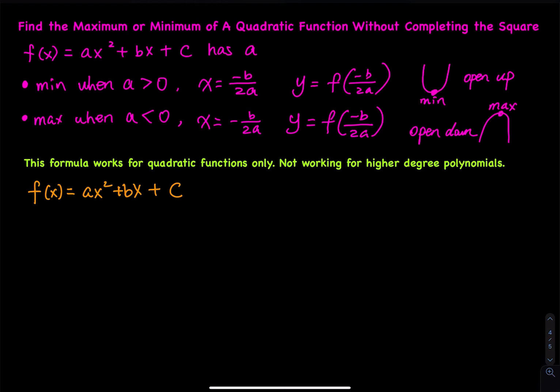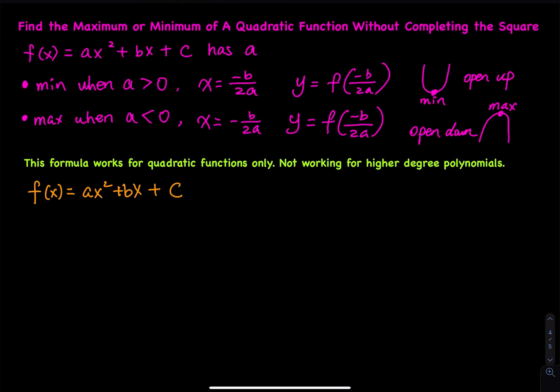If you want to find the maximum or minimum of a quadratic function without completing the square, use this formula. So we have a quadratic function, ax squared plus bx plus c. This function has a minimum when a is greater than 0, because when a is greater than 0, the parabola opens up, so the vertex is a minimum. So I have a graph right there, the parabola opens up, the vertex is a minimum. And then what is the x-coordinate of the vertex? That is negative b divided by 2a, and then you plug in this x value to the function to find